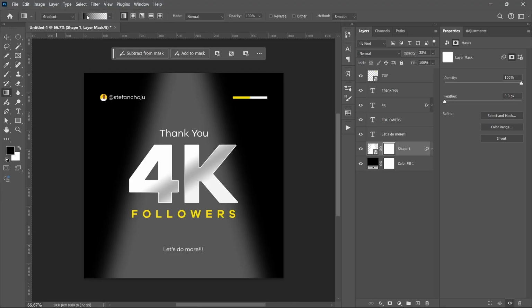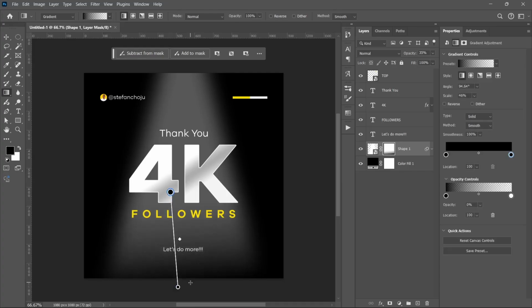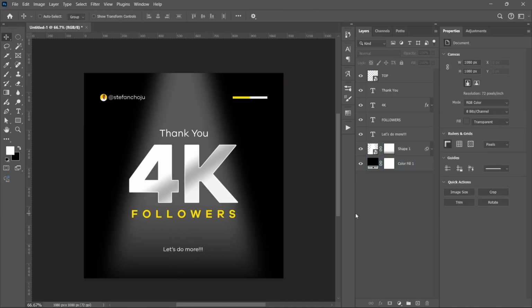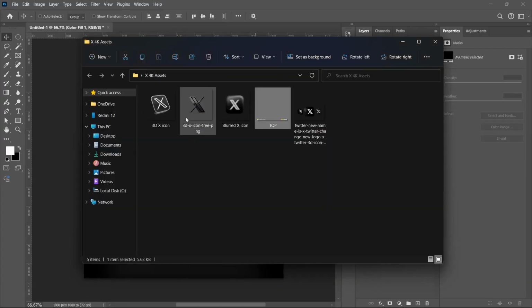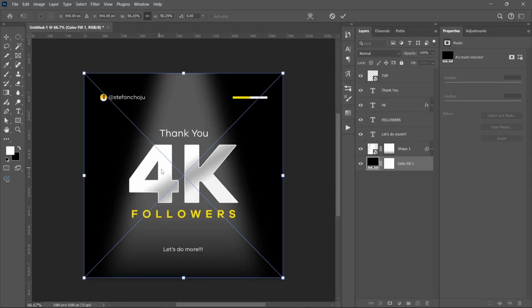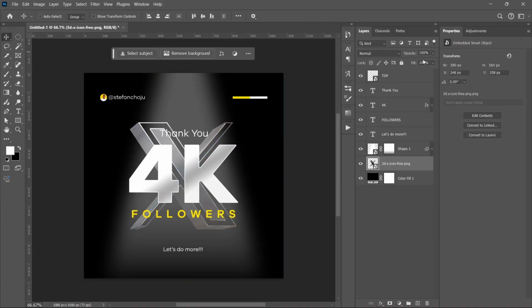Select your gradients. Make sure that your gradient is, you can see the one I'm using, this one in the middle, and I'll come down to the under and you do this. So you can see what I've kind of blurred down the under. Now once you have this, the next thing you're going to do is to start bringing in your other elements, right? So I'll start with this one. I'll just keep it there at the back,